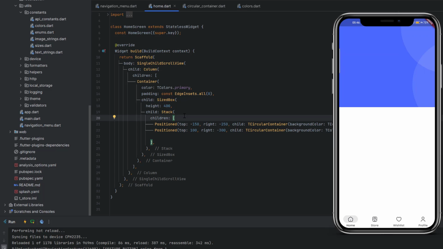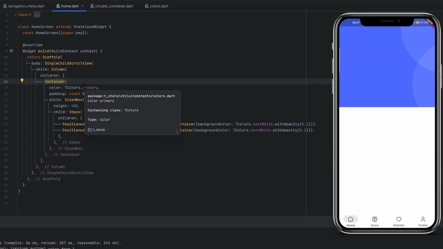Then when we have the background color of that container, it will be only visible till this half section where the container will end, and the bottom section will easily be read as an empty section. So that's why the best practice is to create a custom shape. Now to create a custom shape in Flutter, we have to wrap the widget